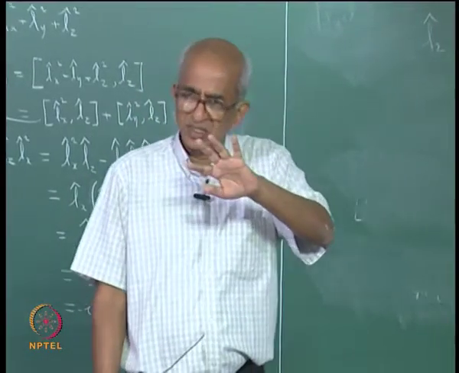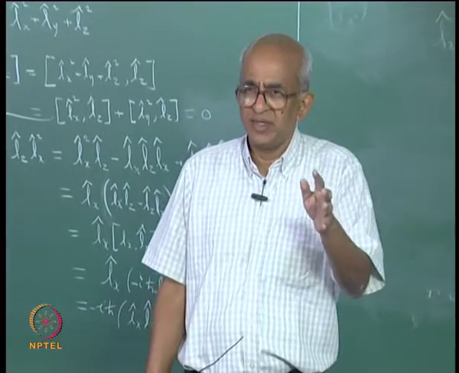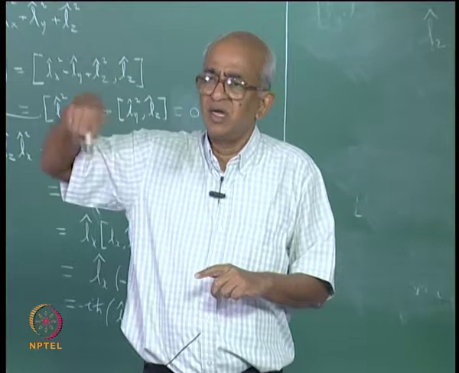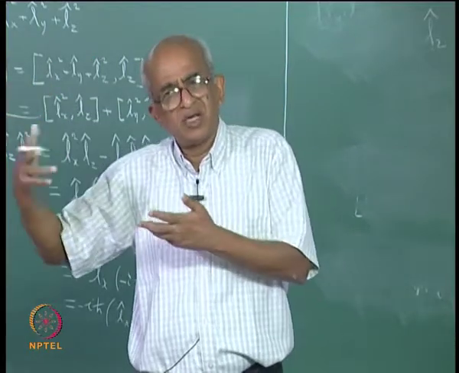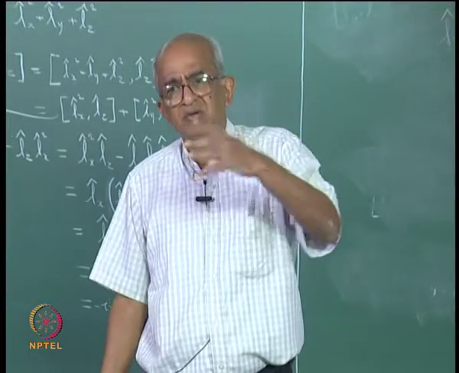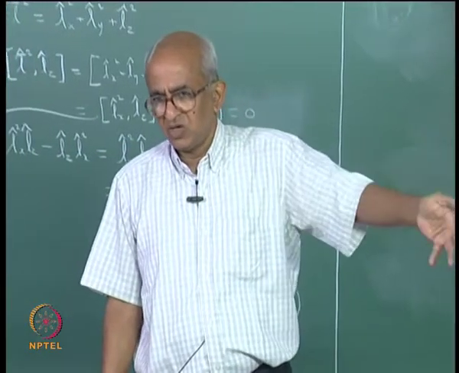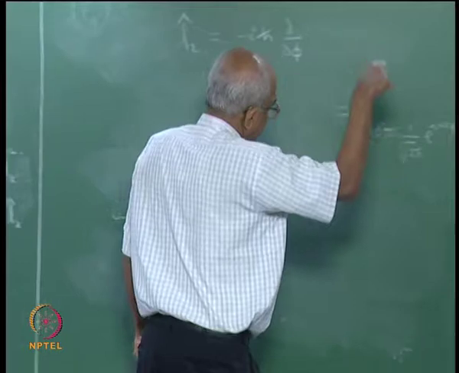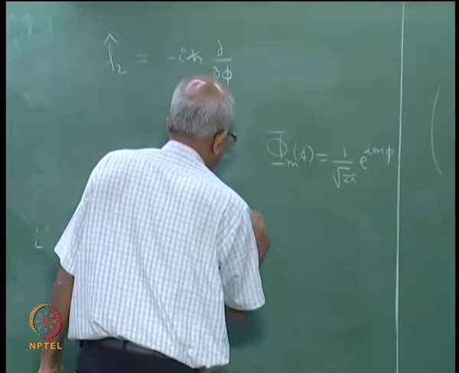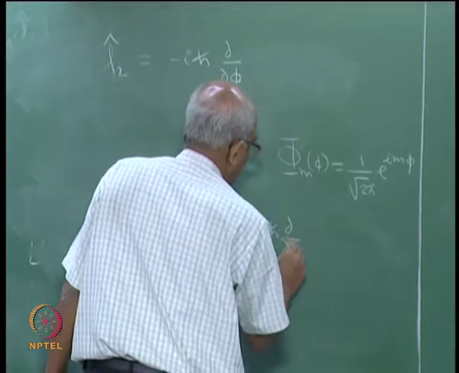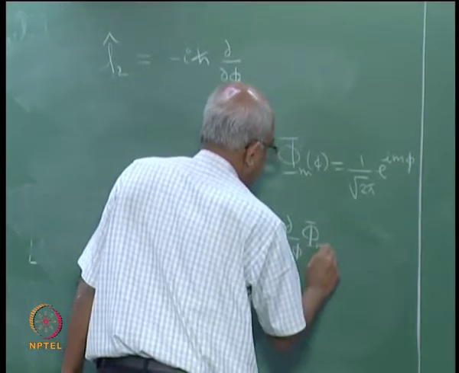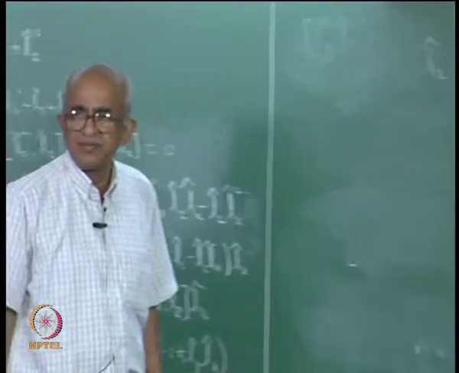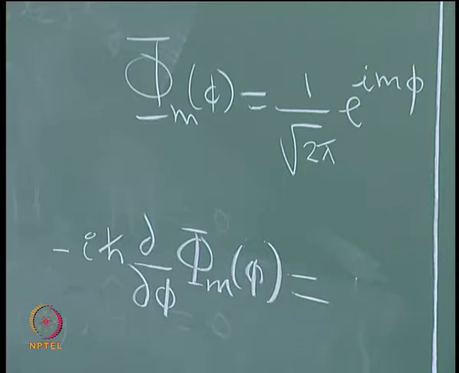There is also another possibility which I did mention. For example, if m is equal to plus or minus 1, you can have e^(+iφ), and also e^(-iφ), but they are complex and therefore we can combine them, and that is the way we obtained our px and py atomic orbitals. We did it in one of the earlier lectures. But suppose I say this is the function, then I have this very nice feature: allow minus iħ ∂/∂φ to operate upon Phi_m. What would be the result? This is nothing but the operator Lz.